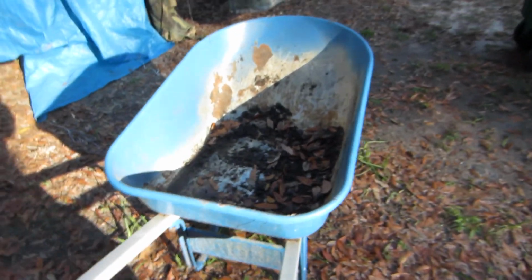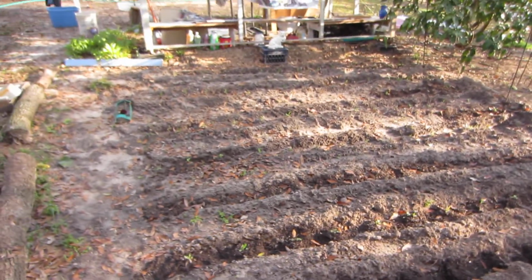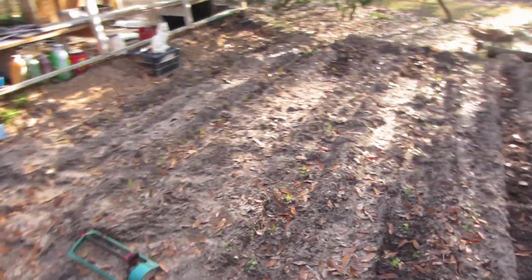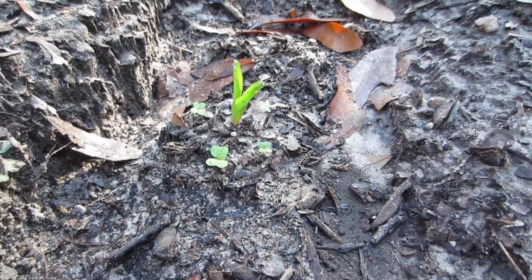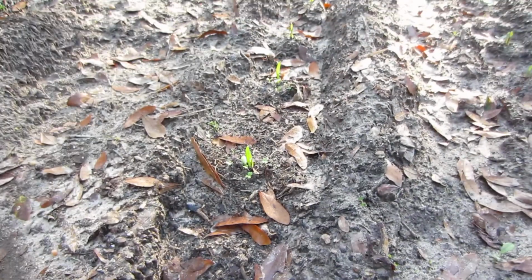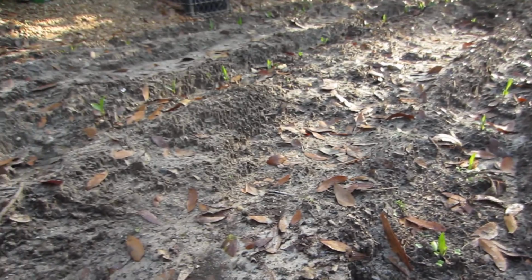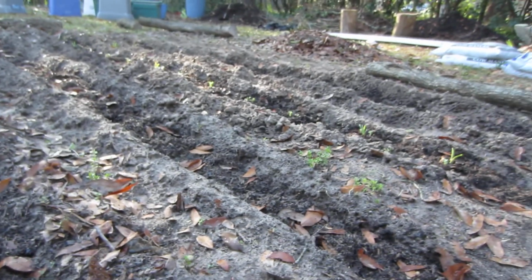A wheelbarrow helps. Now over here I have rows of combination seeds, corn going in the middle, and there's a beet in there somewhere, I think beetroot, and some salad greens, and also something to climb up the stalk of the corn, which would be a bean of some kind. So these are all put in, and